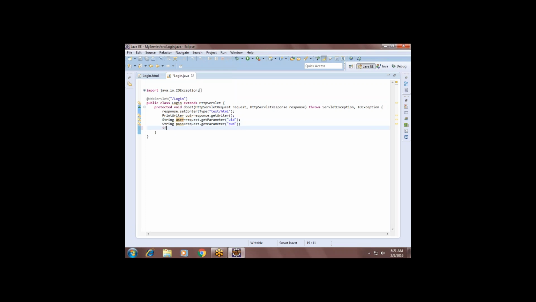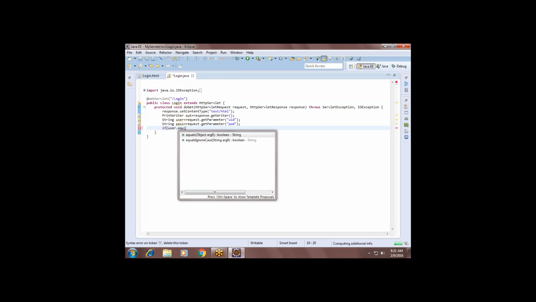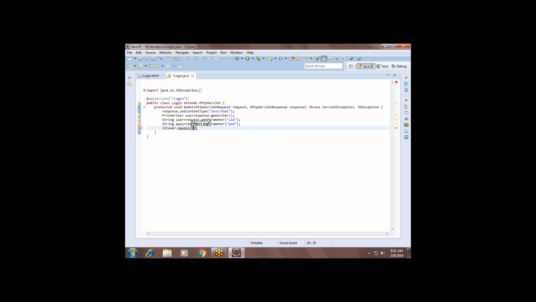Done? If user.equals admin and pass.equals admin, then what to do? I should print a message to the client.